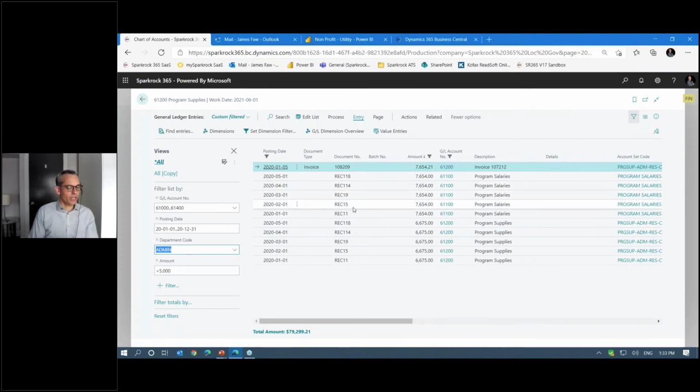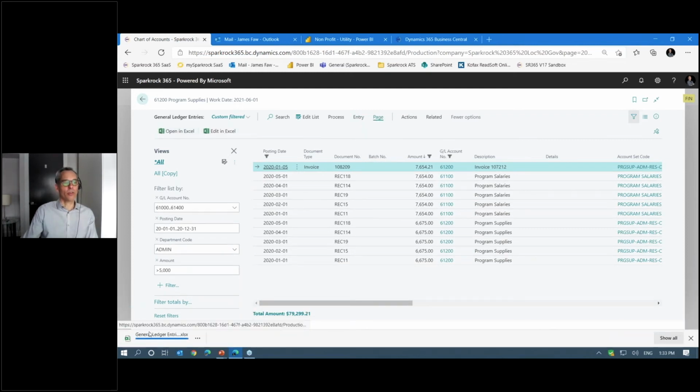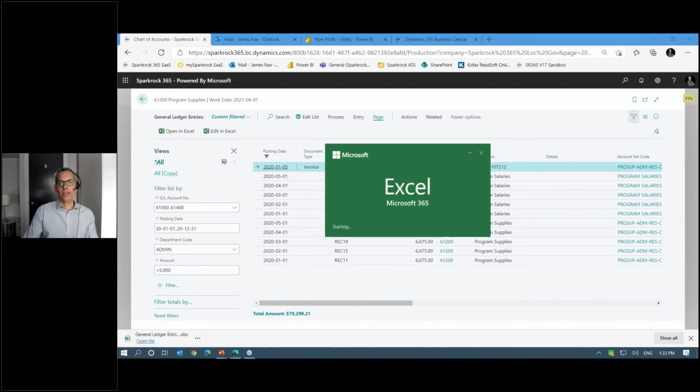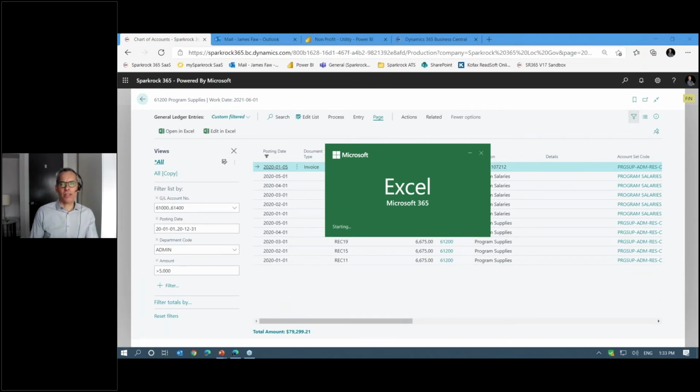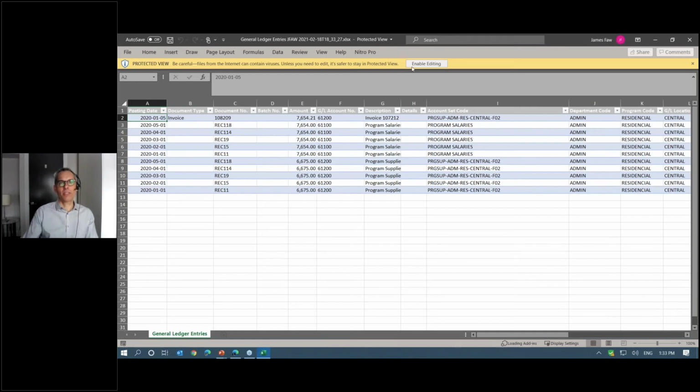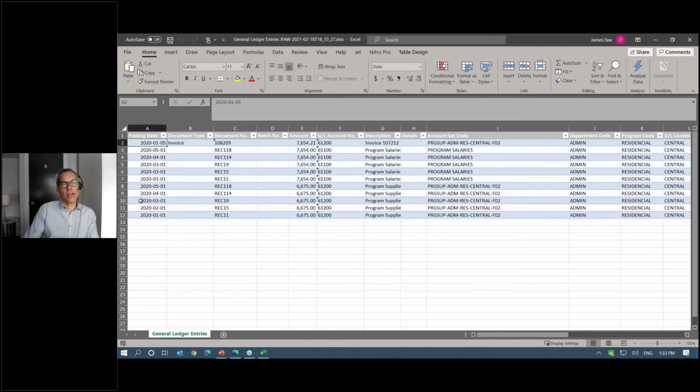Something else that really helps empower efficiency for users in our solution is this idea of blurring the lines between which applications you're working with. If I start working in the application here and I've applied these filters, but I want to quickly pivot to working in Excel, I can use this edit in Excel feature, and that downloads these entries into Excel. Instead of other systems where I have to pick a file name, write to it, and pick a bunch of settings, it does that transfer very seamlessly for me as a user. And it does it based on whatever columns I have shown.